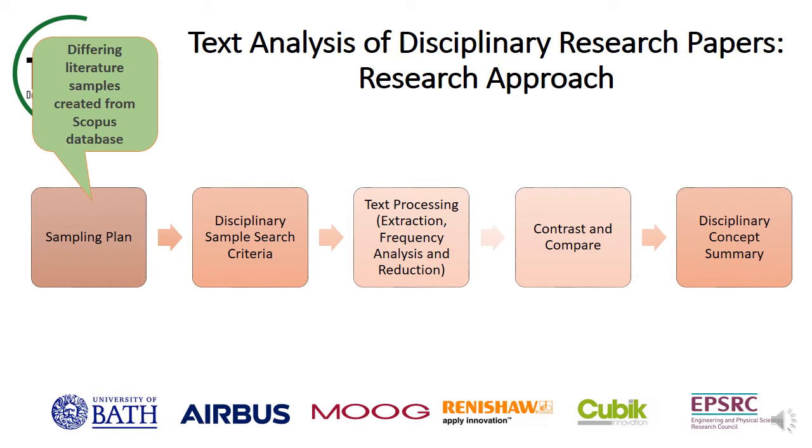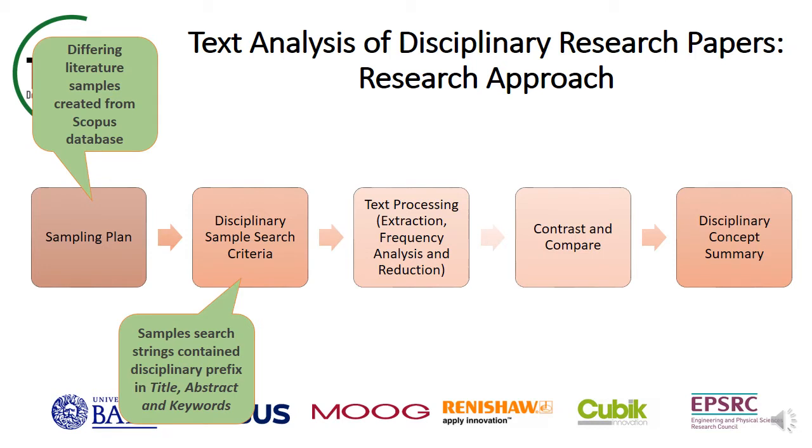In practice, the process followed includes the steps shown. Firstly, reliable samples of literature were sought to elicit the most frequently occurring concepts related to each disciplinarity. The considerations for literature samples included choosing a reliable source to cover a full spectrum of disciplines and disciplinarities. A strategy for separating into distinct disciplinary samples utilised the presence of disciplinary prefixes in the title, keywords and abstracts as selection criteria.